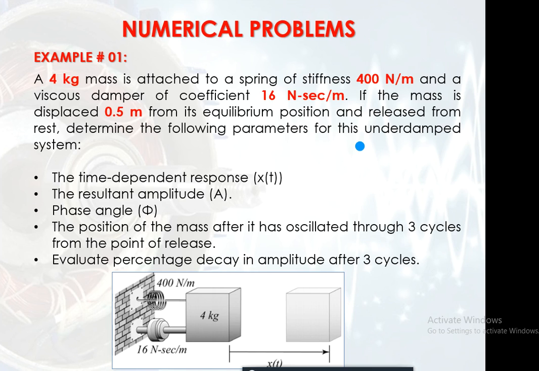And if we take the arbitrary constants and take the resultant value, then it will be the resultant amplitude, and if we take the tan inverse ratio of both amplitudes, we will have the phase angle. Using the concept of logarithmic decrement for the 3 cycles we can find out the vibration amplitude at the third cycle. And here we are asked for the percentage decay in the amplitude after 3 cycles. What is meant by percentage decay? It means what percentage of the vibration has decayed throughout the 3 cycles.